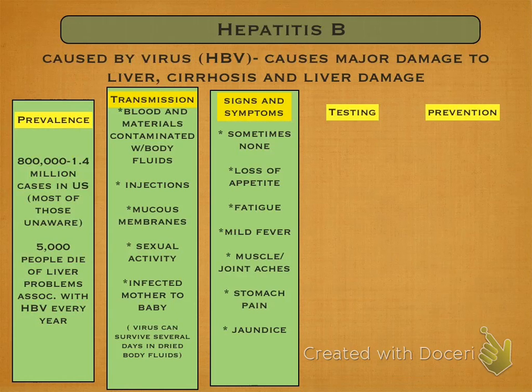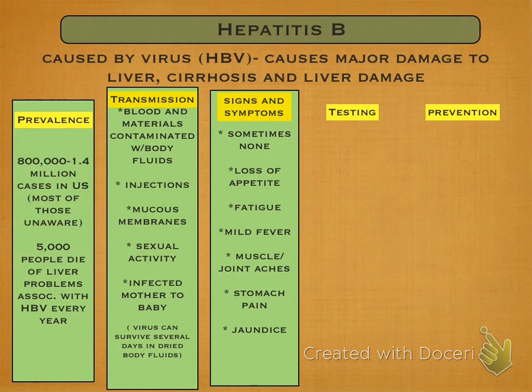And jaundice. What is jaundice? It's where the skin literally turns yellow. The whites of your eyes turn yellow. And that is pretty much the telltale sign. Because if you take the jaundice off and you just go to the doctor with those other symptoms, that could be many things. But you add the jaundice, the only thing that causes jaundice is going to be hepatitis. So they see your skin color, they know immediately what's wrong with you.